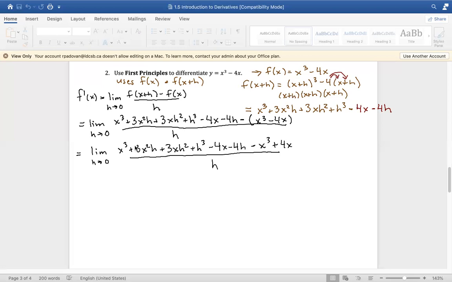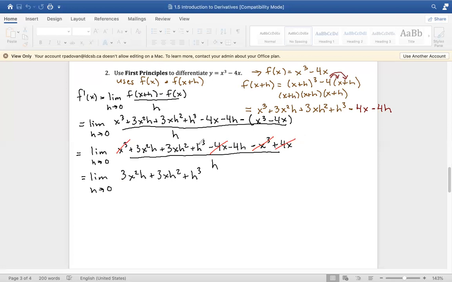Okay, well, I've got some things going here. I can see an x cubed and a negative x cubed. I have a negative 4x and a positive 4x. I think that might be it, but hey, we got rid of some. So let's rewrite what we have now. The limit as h approaches 0 is 3x squared h plus 3x h squared plus h cubed